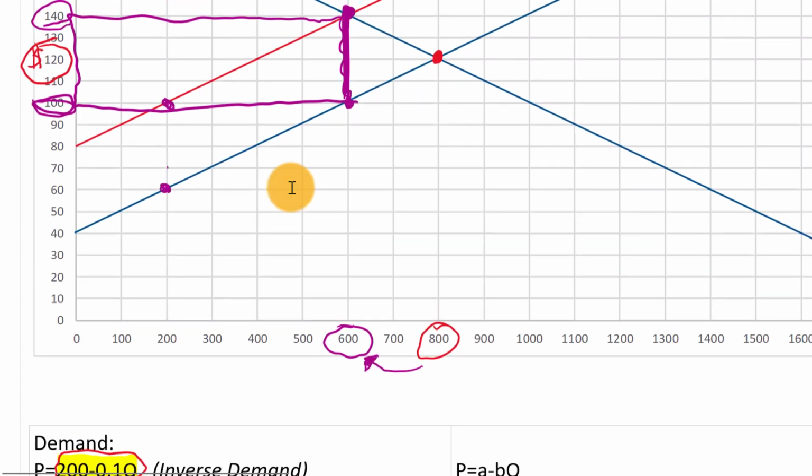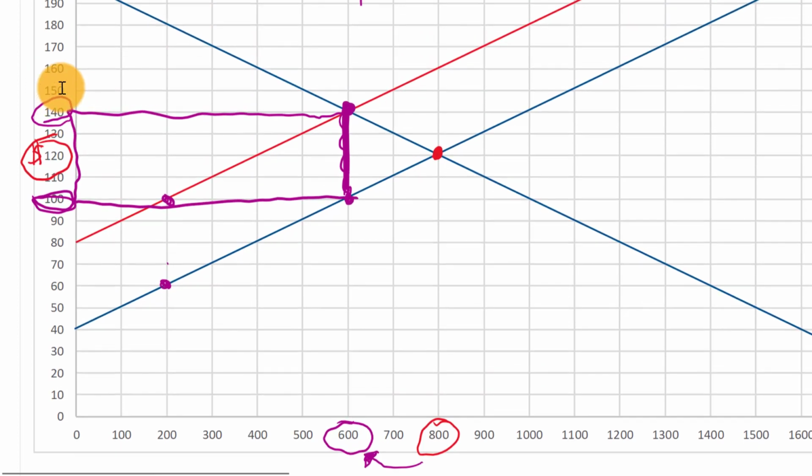So again, the two prices are $140 with the tax and $100 not including the tax. And we can see by looking at the graph which we would get by plugging into which of the equations. So we would get the $140 answer if we either plugged it into the supply equation with the tax or the demand equation. But if we plug it into the old supply equation without the tax, then we would get $100, the amount without the tax.